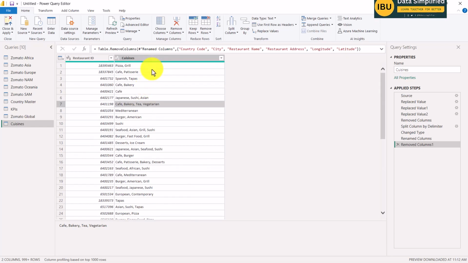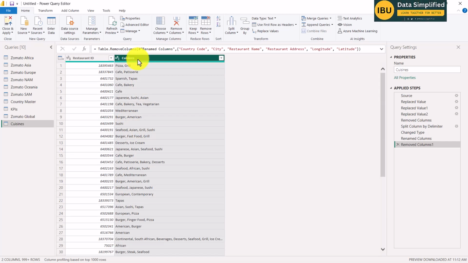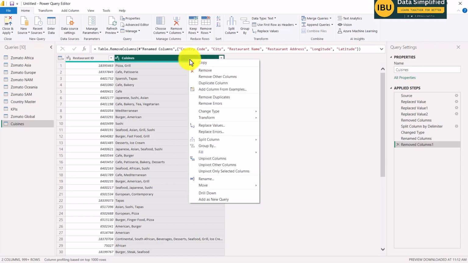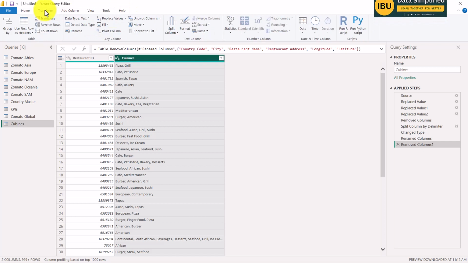So we will transform this one also. So just select the cuisines column and move to the